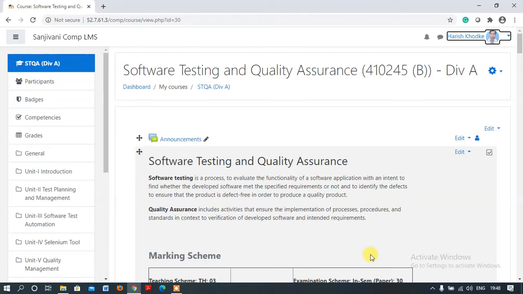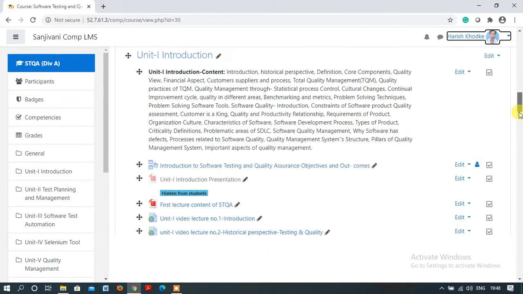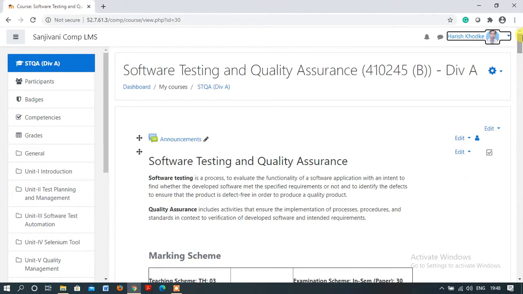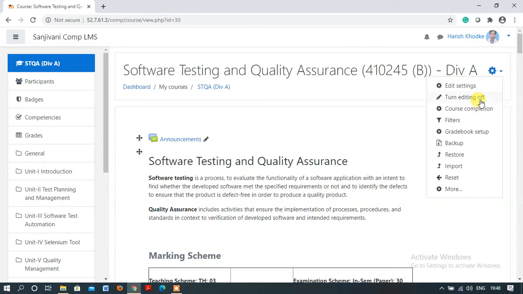So today's session I am going to explain how to add a BigBlueButton. Okay. So now this is the front page of my entire Sanjeevani LMS. Here I created all the content of my Software Testing and Quality Assurance subject. Now in that, the first step you have to perform is